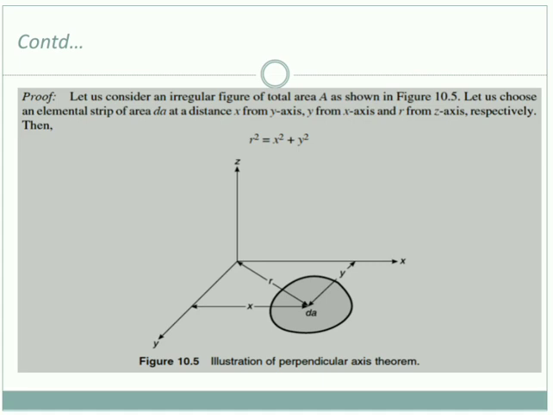So in this figure we have an area A, we have taken a small elemental area, not a strip, which is of area dA. It is located such that the distances from the various axes are x, y and r. Then we get a triangular element wherein using your Pythagoras theorem, r square is equal to x square plus y square. So you can mark this as equation 1 in your notes. This equation we will be using further to prove the theorem. What we have to prove? Iz is equal to Ix plus Iy.